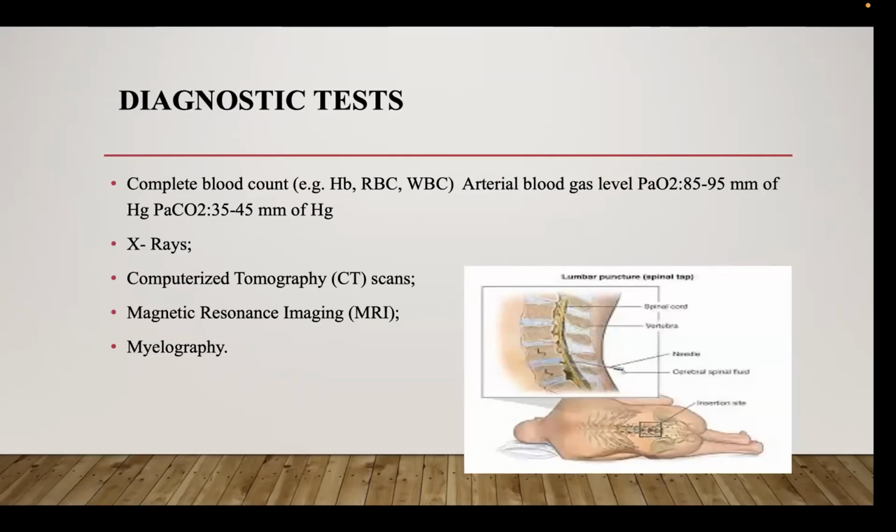And diagnosis ways, in order to find out what is going on: we may use X-ray, and we may use a complete blood count, whereby you can check the arterial blood gas levels, like the oxygen and also the carbon dioxide, since we mentioned that they can have breathing difficulties. We can have computerized tomography, which is like a scanner to see what is going on, and we can have a magnetic resonance image and